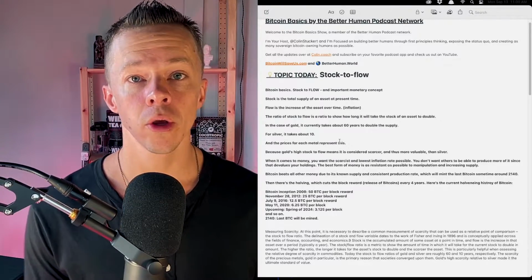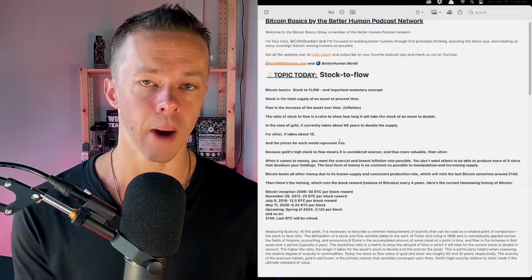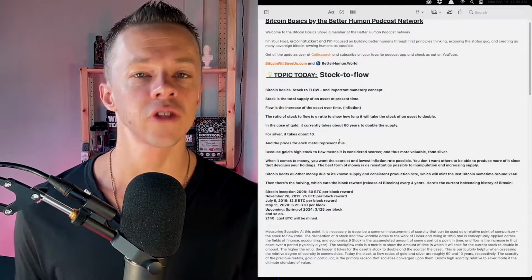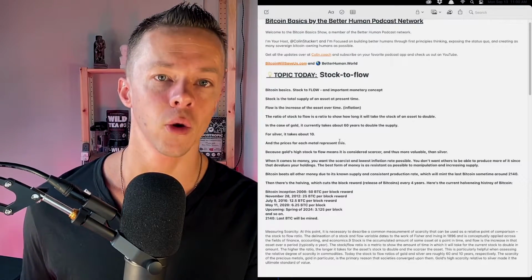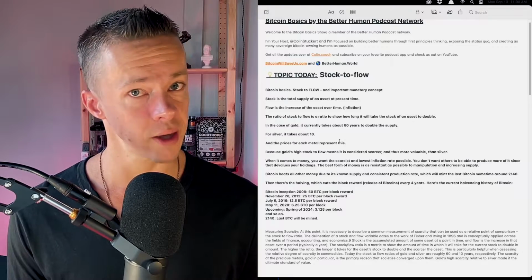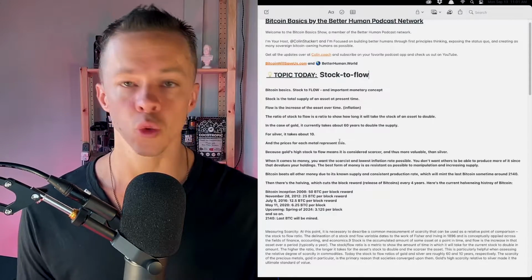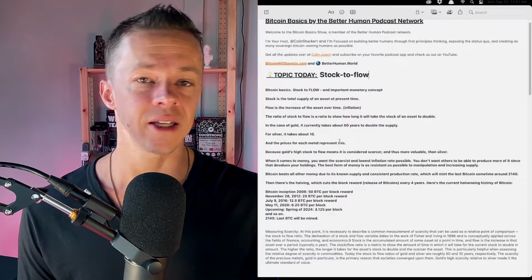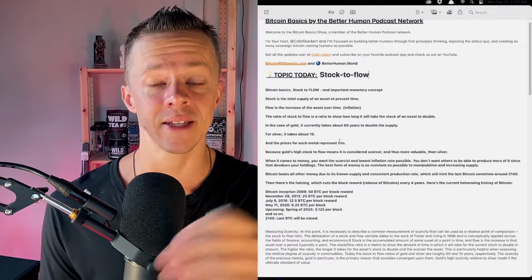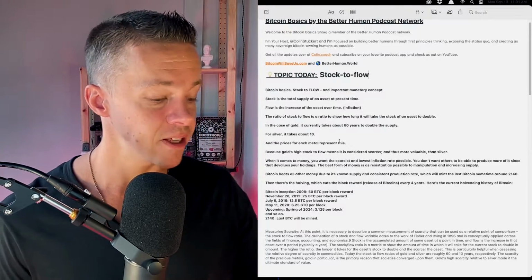The reason gold, and not silver, copper, or these other things, has been agreed upon by the market as the strongest form of money thus far until Bitcoin is because it's very, very hard and expensive to get it out of the earth's crust. Something like silver, for example, if there was a big run up in silver, silver miners would actually just increase production because they would have more money that they could spend to get silver out. This would actually result in a lot more silver being brought to supply. This is also true of gold.